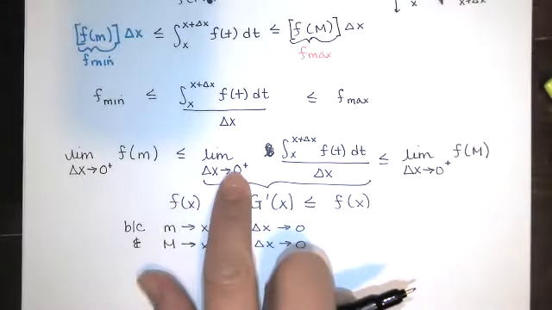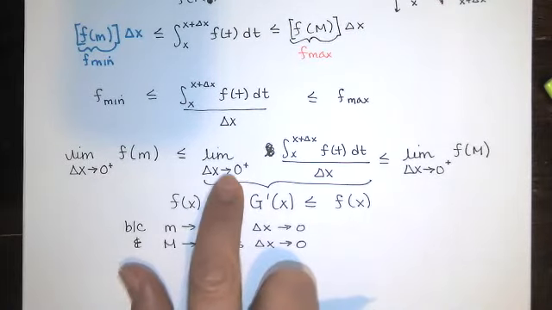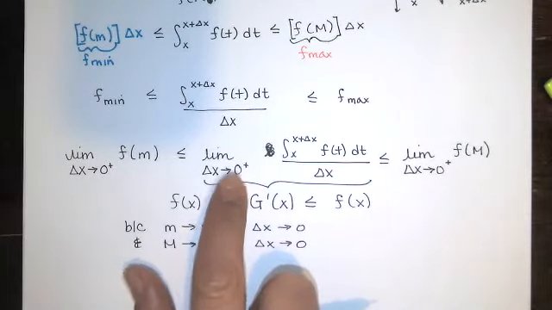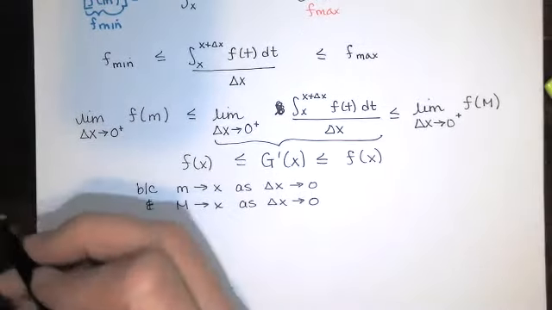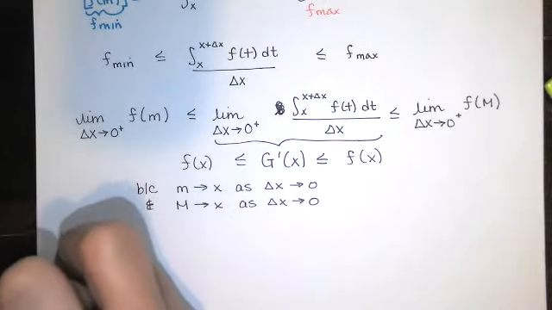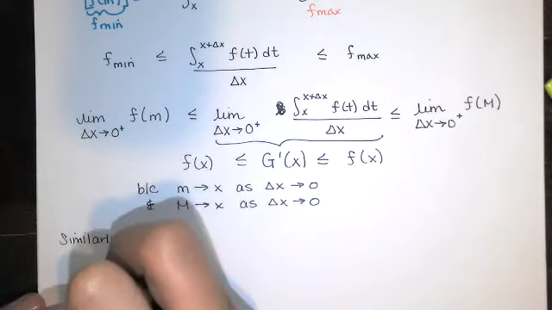So this is showing us that the derivative exists when we're taking that derivative from the right, as delta x approaches 0 from the right. And we can show just as easily that when you take the limit as delta x approaches 0 from the left, where delta x is a negative value, you get the same thing. So I'll just say similarly. This is what you'll see in textbooks a lot. Similarly,